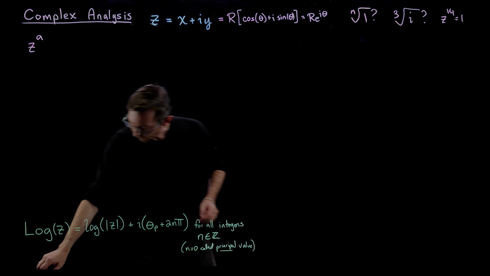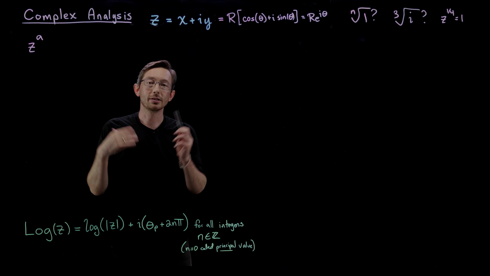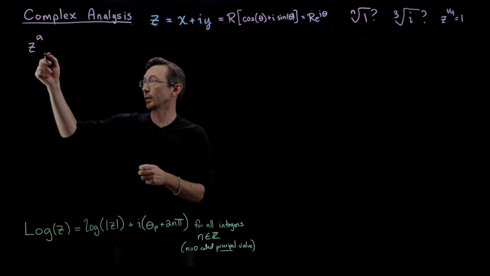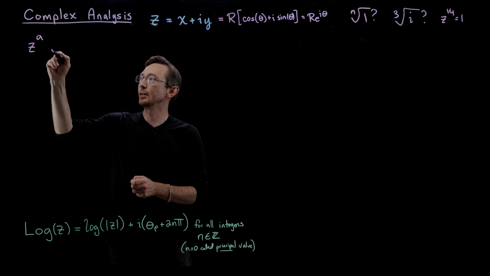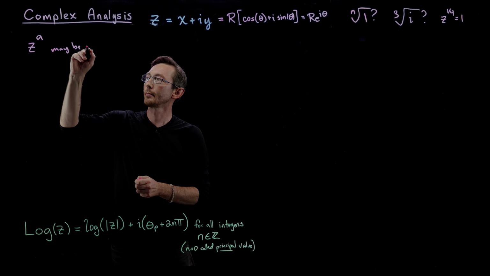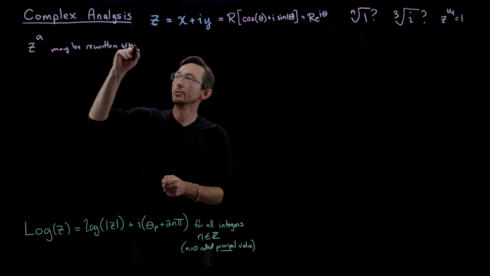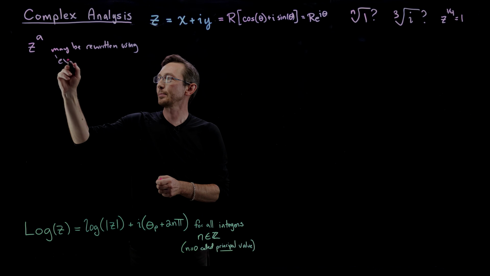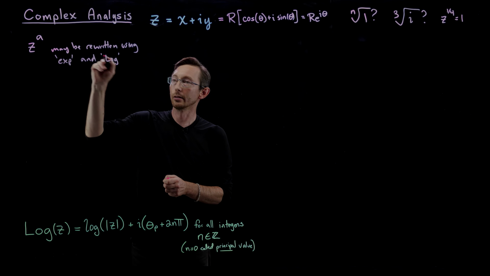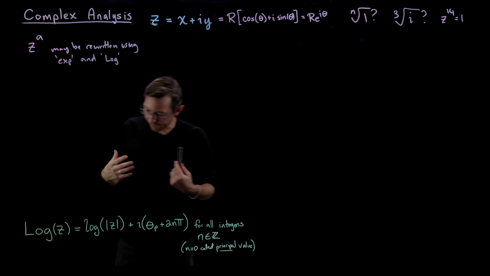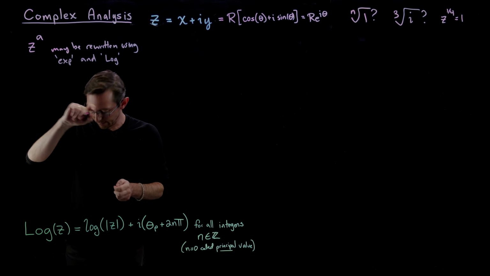and we're going to figure out how using this complex logarithm formula. So the first thing we're going to do is rewrite this z to the a using exponentials and logarithms. So this may be rewritten using exp, the exponential function, and log, the logarithmic function. And specifically, the way we're going to do that is we're going to say that z,